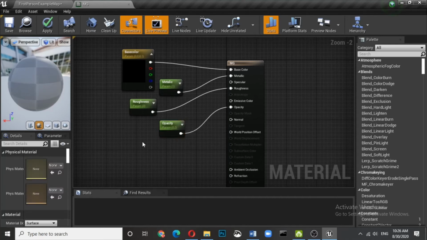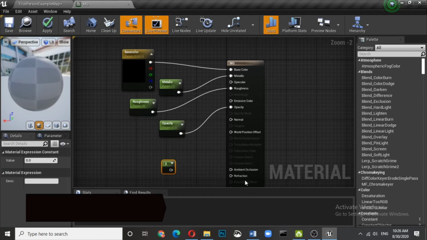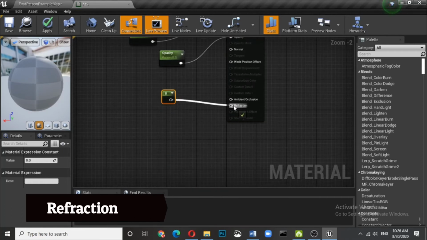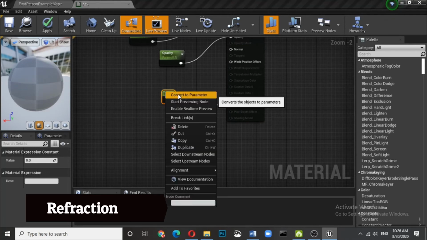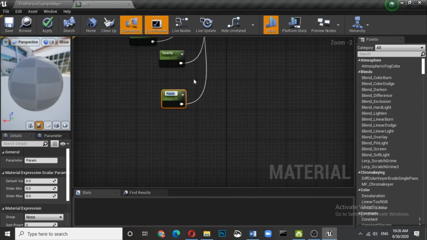And one more thing you have to add is the refraction part. The difference between reflection and refraction is that with refraction you can see what is behind that particular mesh, and with reflection you can see what is in front of that mesh.